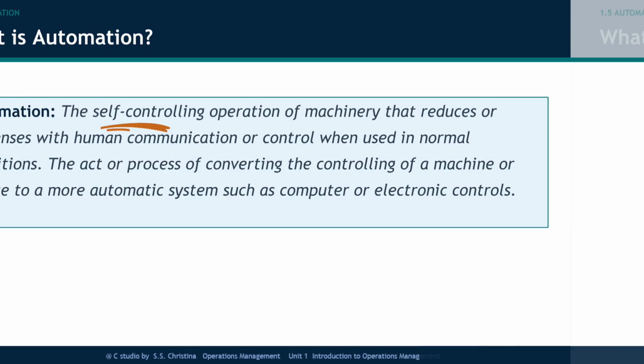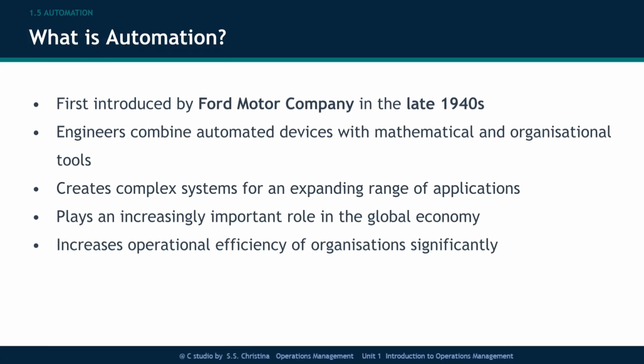at every step. Did you know automation was first introduced in the late 1940s by the Ford Motor Company? Ford's automated engine plant in Cleveland, Ohio, used transfer machines that could move engine blocks automatically from one machining operation to the next without manual handling. This was revolutionary. Since then, automation has evolved to combine sophisticated physical devices with complex algorithms to improve operational efficiency